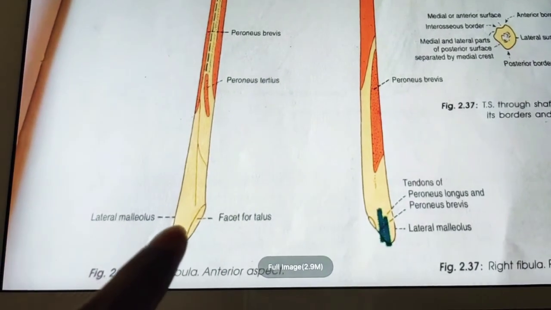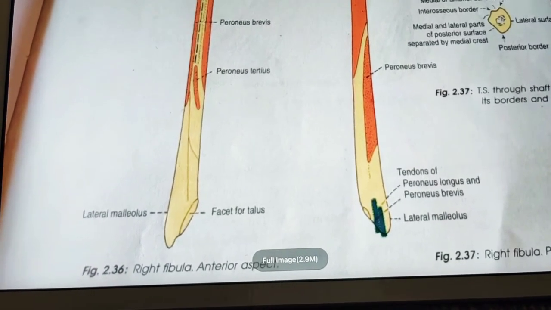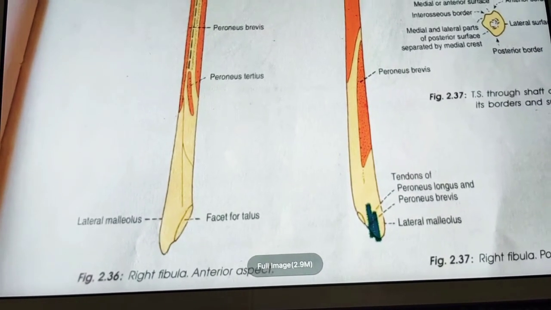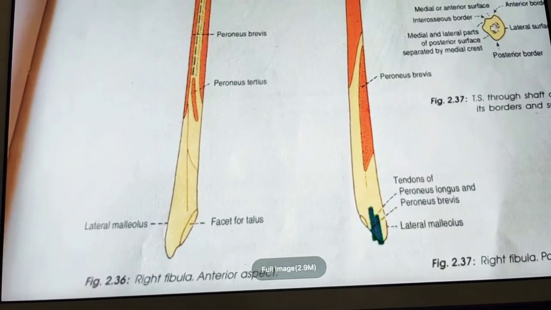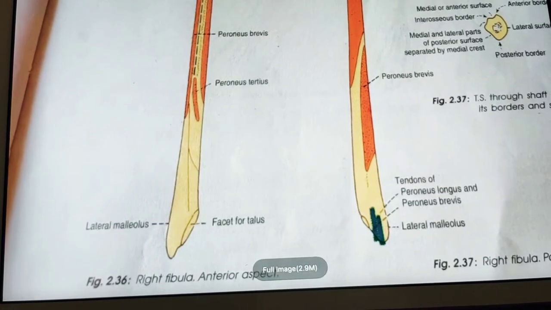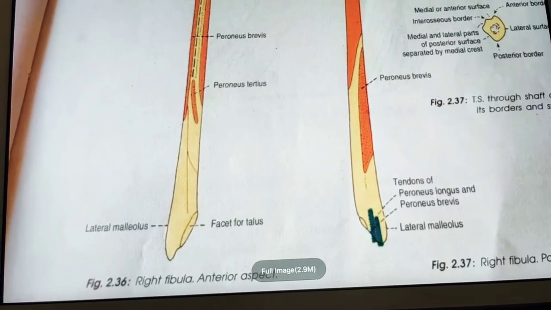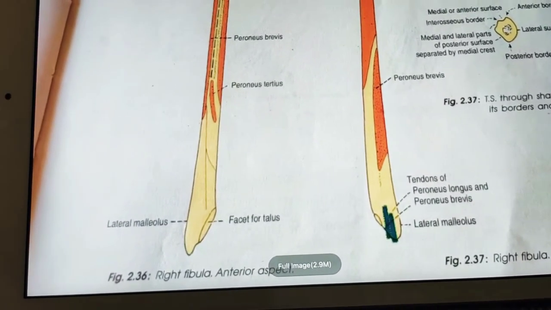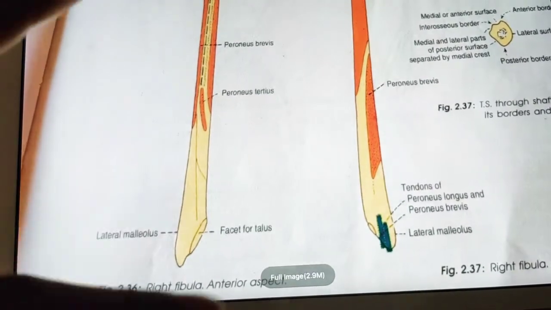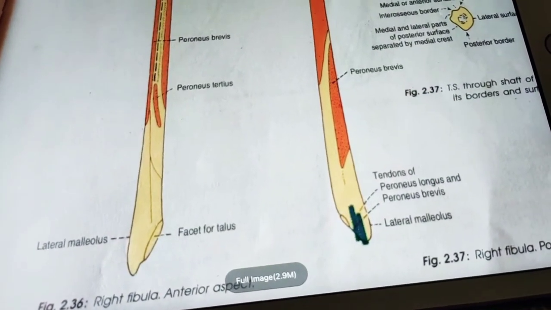So here on the lateral malleolus the attachments are mainly the anterior talofibular ligament to the anterior and posterior surfaces. Next you have the inferior transverse tibiofibular ligament above and the posterior talofibular ligament below to the malleolar fossa, and also the capsule of the ankle joint along the edges of the malleolar articular surface, and a slight notch on the lower border gives attachment to the calcaneofibular ligament. So many ligaments are attached mainly at the lower end of the triangular area, anteriorly, posteriorly, laterally. So all these ligaments are helpful to form our ankle joint.